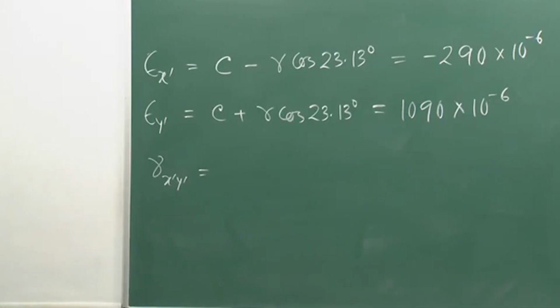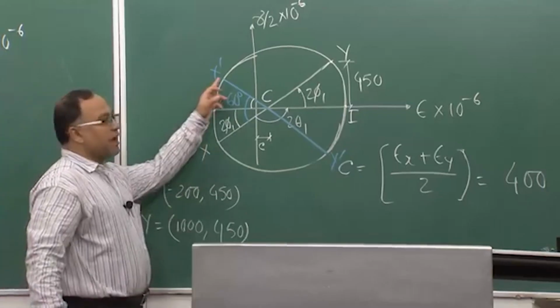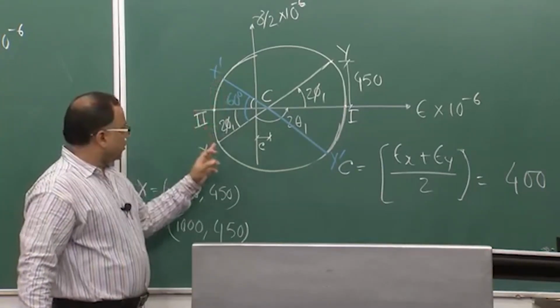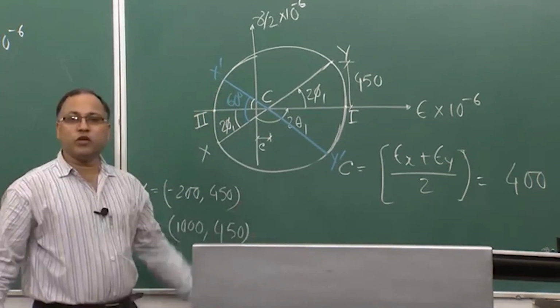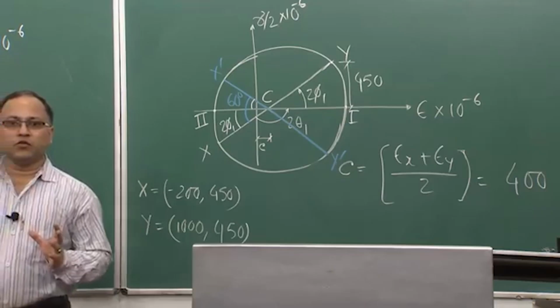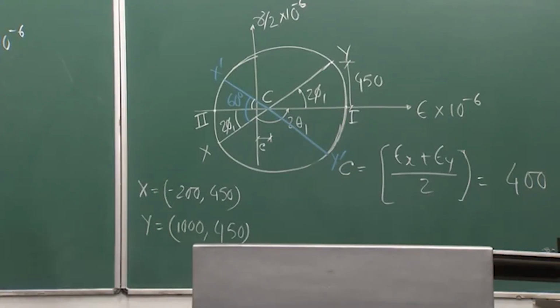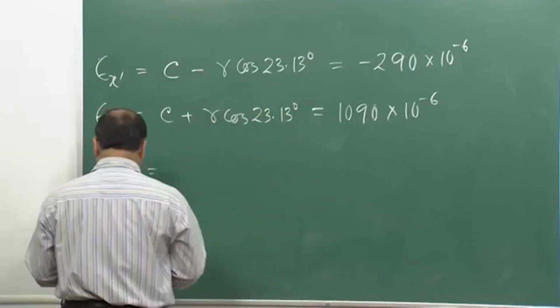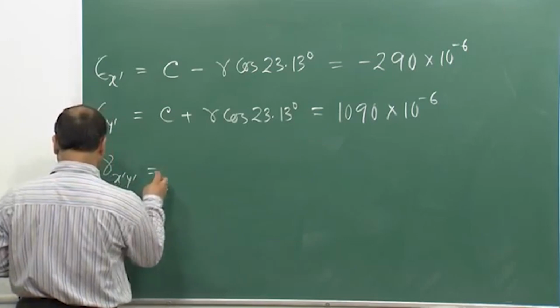Now, if you look at the figure, the Mohr circle, x point is getting mapped to the x prime point. So, x prime point is located above the epsilon axis, therefore, gamma x prime y prime should be negative, as per our sign convention, and that is given by